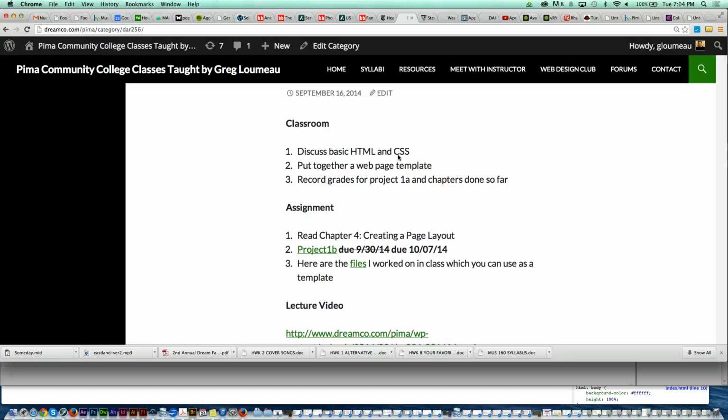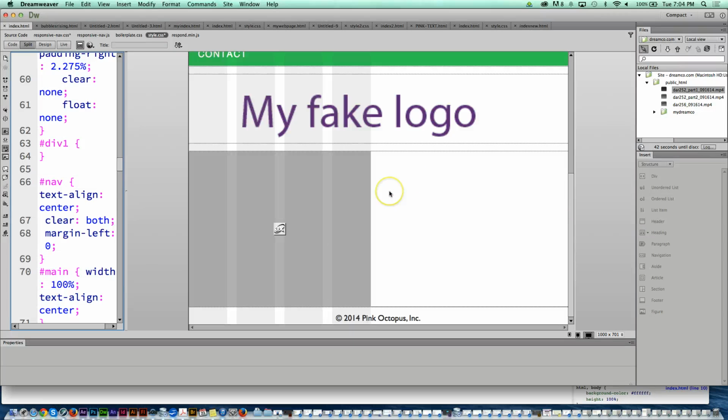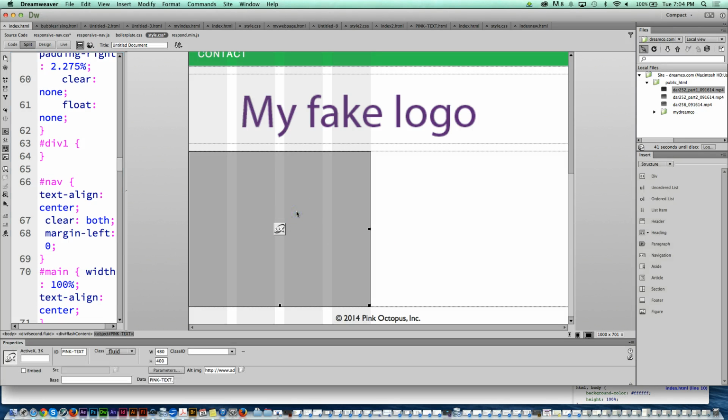Okay, let me say that. Hey class, just one last thing. You know how in your demo, your Octopus template, I have that flash thing here. I think I told you in the sheet where I asked you to redesign this to replace this with something too. So you're going to have a logo, you're going to have a graphic, and then you're going to have what's called the second section. And you can put text in there, or you could put another image, but just replace that with some content.